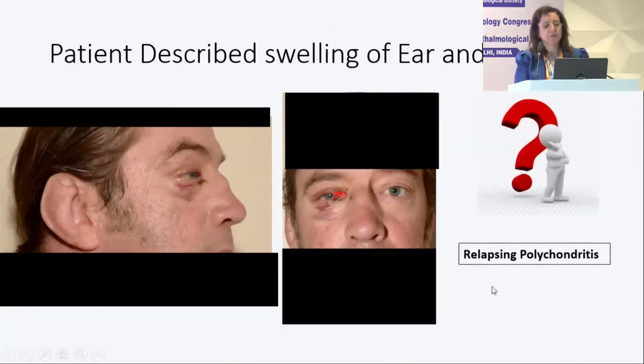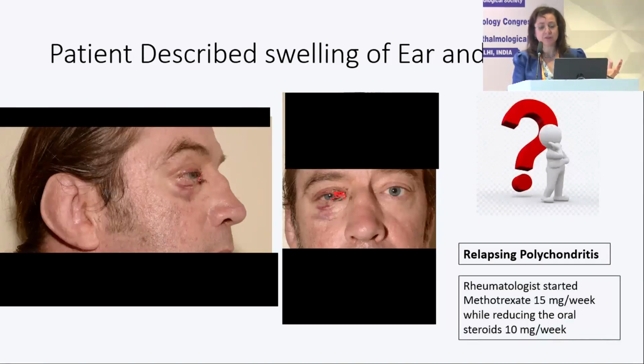And then the patient described that his nose and ears swell every time he gets a PUK. So although the rheumatologist thought this is a Mooren's ulcer, they actually found a diagnosis. That's how important the history is. It didn't change the treatment much, but at least they were convinced, and then we carried on